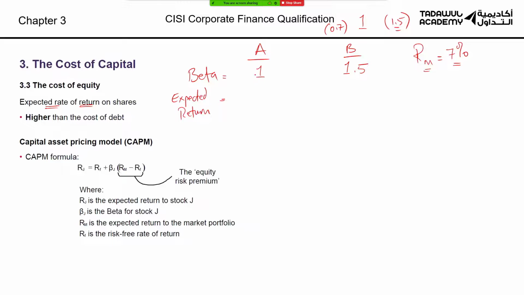Stock A has a beta of 1. This tells you that it moves with the market. If the market is getting me 7%, then stock A should get me 7% return. Because it has a beta of 1, it moves in line with the market at the same rate.